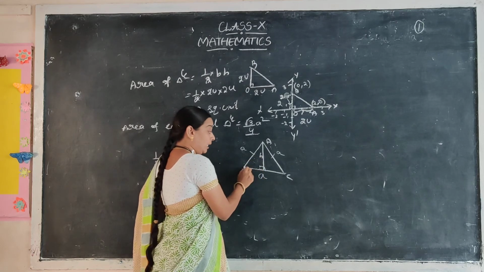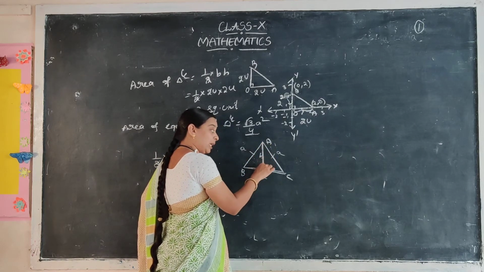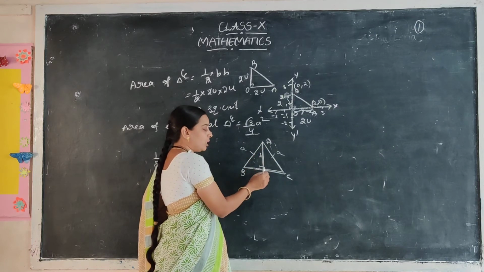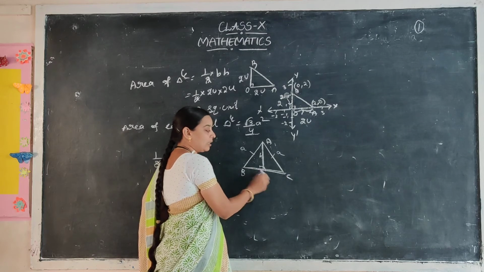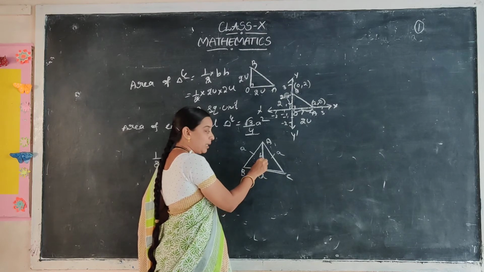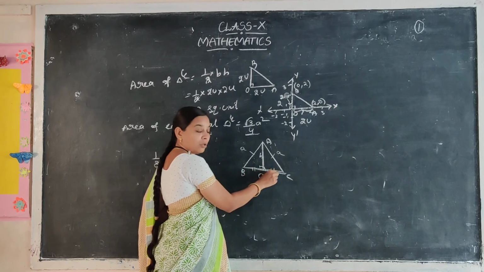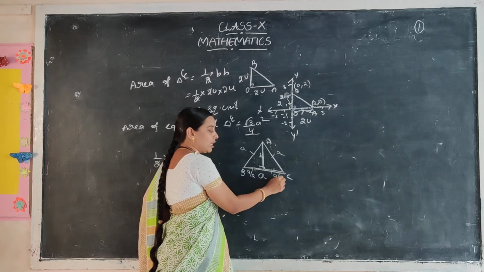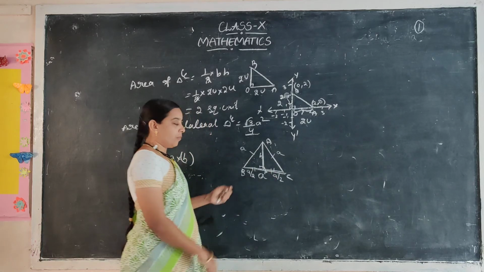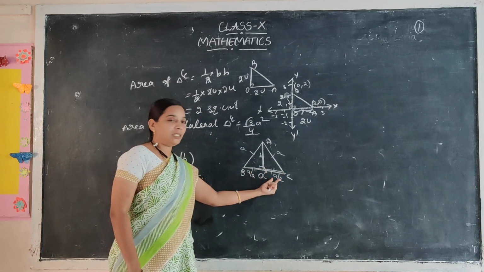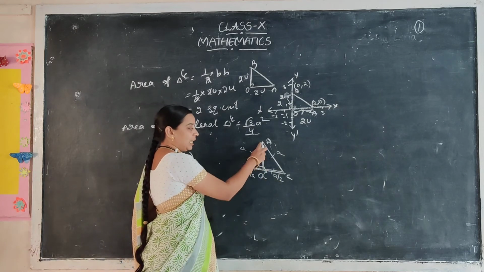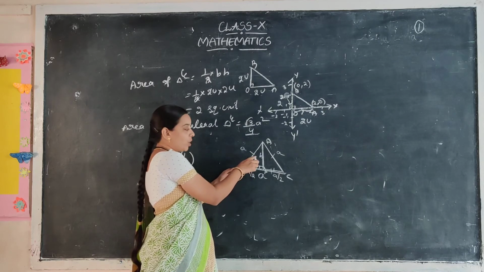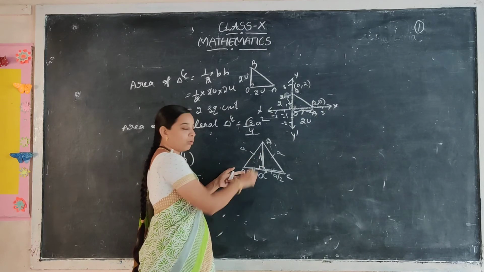In an equilateral triangle, this perpendicular line is considered as median. So this whole A is the length of the whole side, but this perpendicular line divides it into two equal parts. So A is divided into two parts. That means this length is A by 2 and this length is A by 2. Let it be marked as P. BP is A by 2, PC is A by 2. Now in this right angle triangle, two sides' lengths are already known. Now we want to find this height, H value. How to find this H?